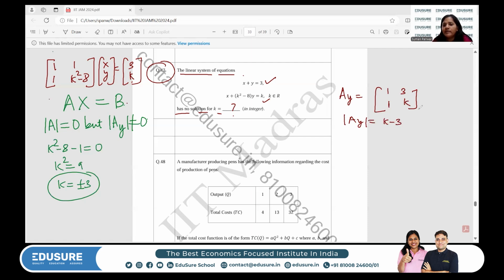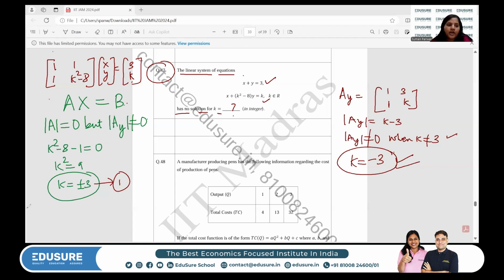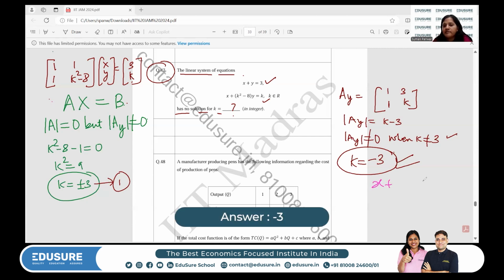Now determinant of A_y is not equal to 0 when k is not equal to 3. So from the first we have k equals plus or minus 3, and k not equal to 3. So the value that would satisfy our result would be k equals minus 3. Now let's confirm whether it's true or not. Let's put k equals minus 3. So the first equation would be x plus y equals 3. The second equation would be